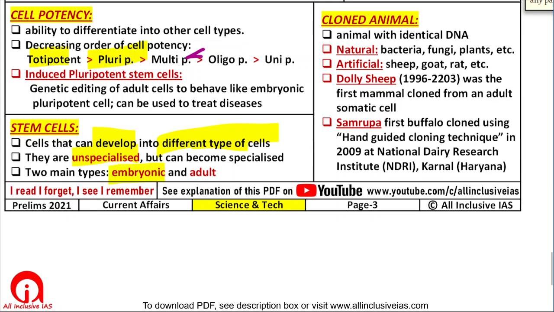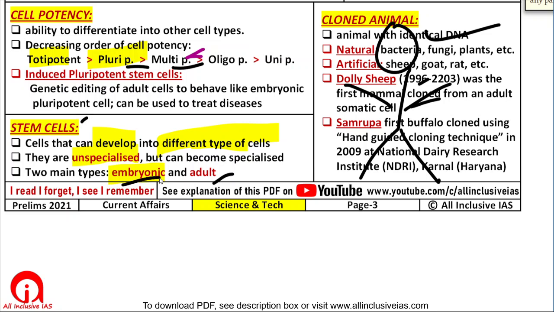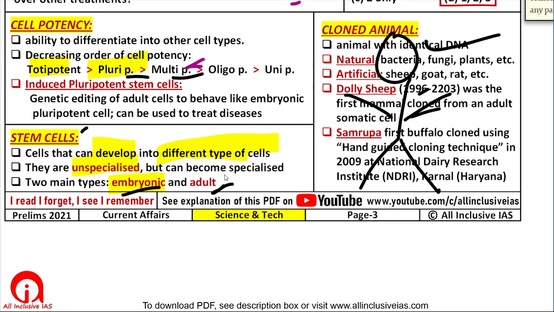However, in the adult also, today in your body also, you will think that all cells have a specialized function. That's true. But still in your body, there are some cells which have this ability of pluripotency or multipotency, okay, which can still differentiate into many different kinds of cells, and those are called adult stem cells. Most of the stem cells are embryonic, but there are some adult stem cells also.